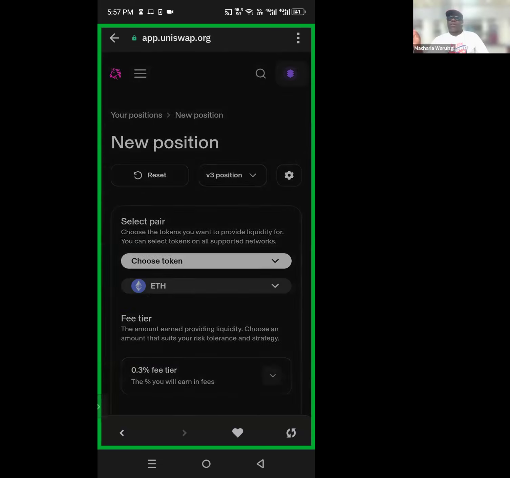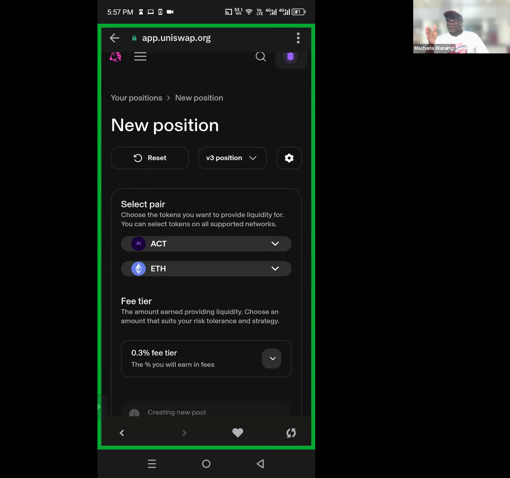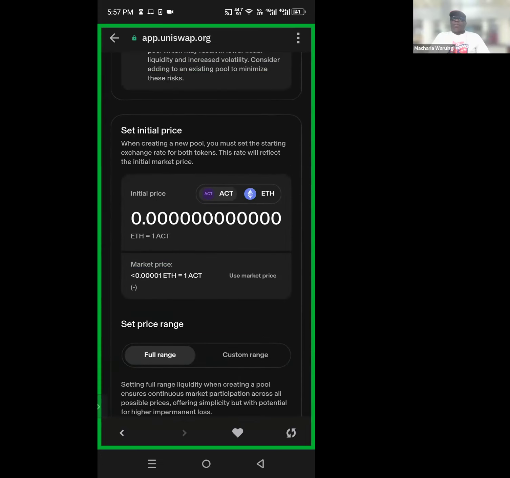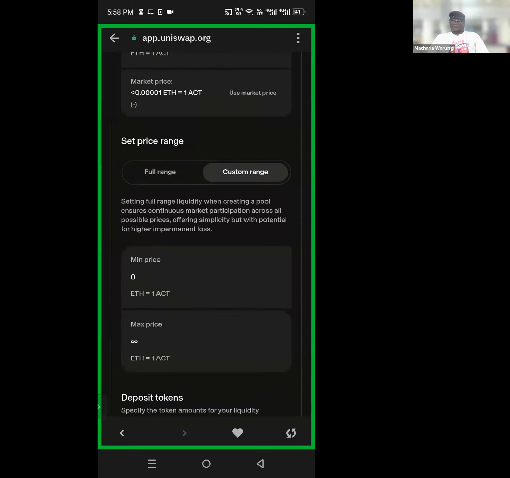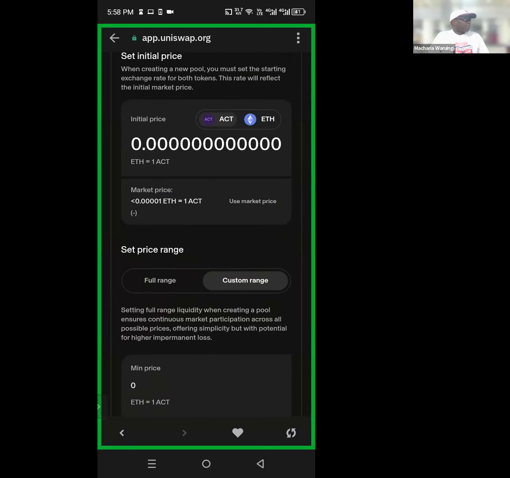In V3, you have those specific ranges. Now in full range, the difference is that if you set your market at full range, it means that people can try to buy your tokens at zero price, or maybe just the lowest price possible in the market.